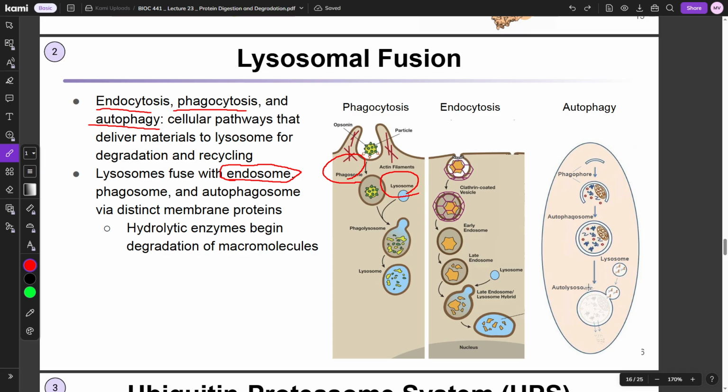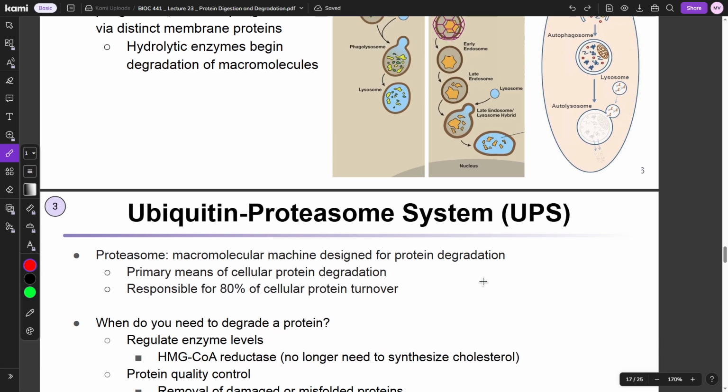Basically, the moral of the story here is that the lysosome just combines with a lot of membranes, and when it combines with these membranes, it releases its cutting enzymes. Basically, it's a twofold thing, right? It releases its acidic pH into this endosome that it's combining with, and it also releases all of its cleavage enzymes. So you get a twofold thing of denaturing plus cleavage. So that's the main idea there.